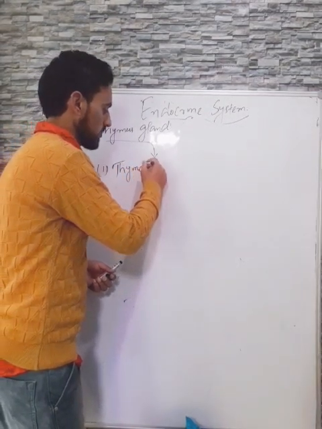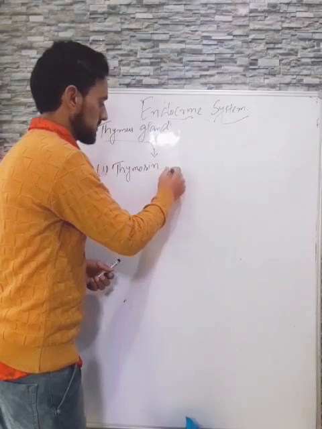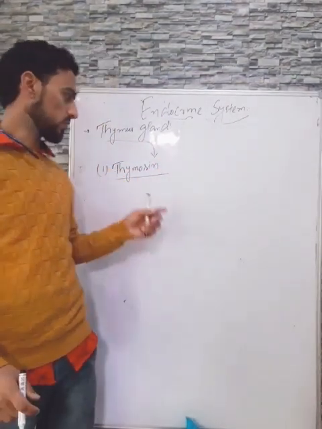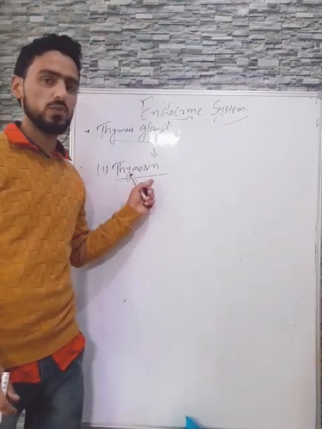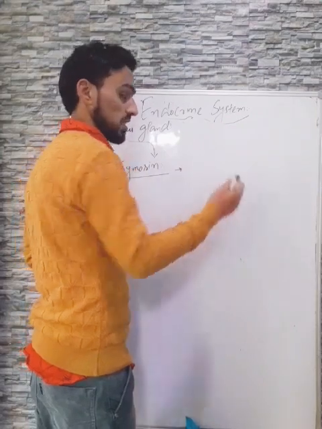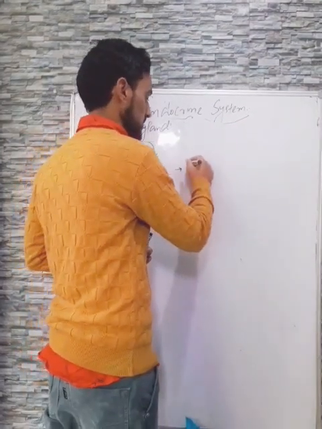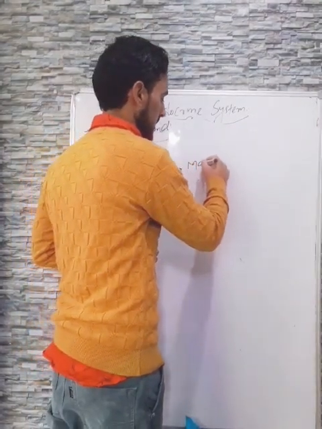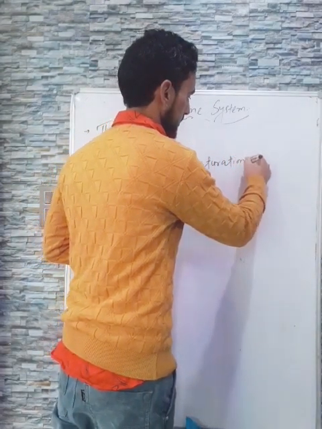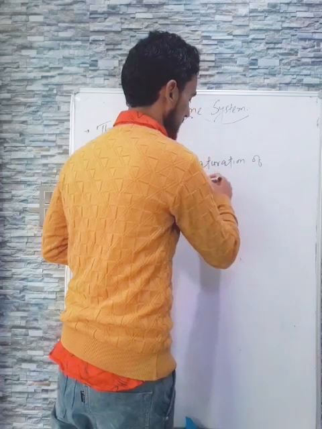This thymus gland secretes a single hormone that is known as thymosin. Simple gland, simple hormone. And what is the function of thymosin? This thymosin helps in the formation of the lymphocytes, and its main function is the maturation of the T